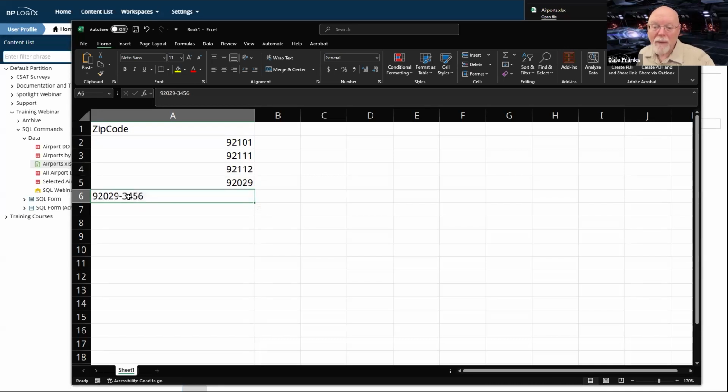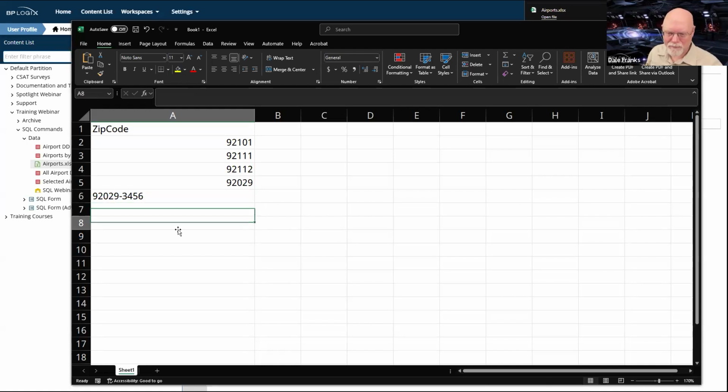And by the way, you can bring that into SQL Server as a number. I don't remember what the protocol is when it sees this, whether it errors out, but it may just subtract 3456 from 92029.